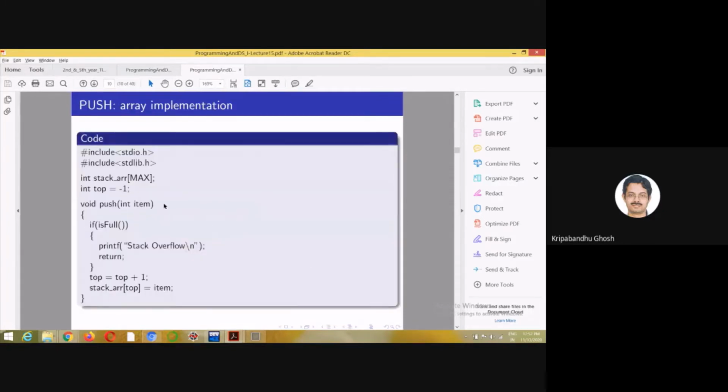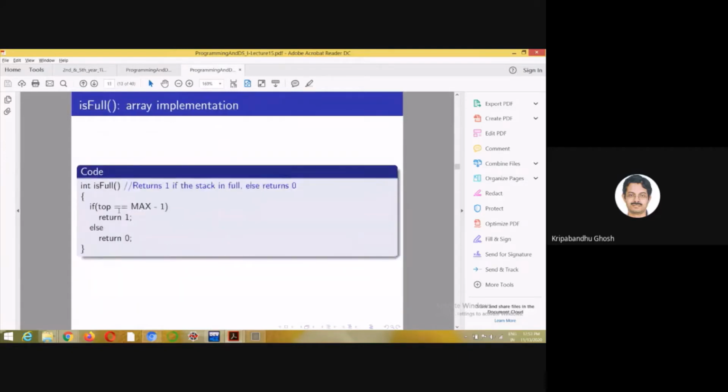So this is a push operation. First, it will check if the stack is full or not. Full means top is equal to max - 1. Suppose there is a max variable, which I defined as global for now. Suppose you can store at most 100 elements in the stack, not more than that.